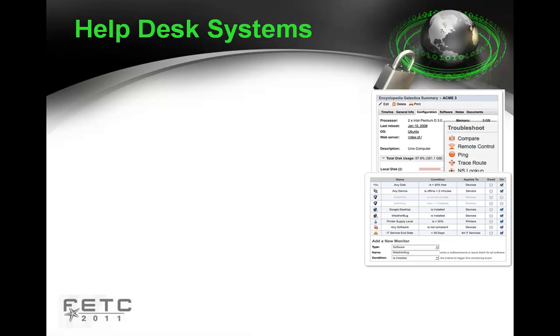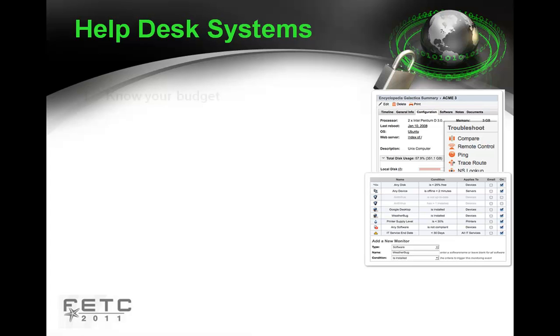Okay, on the help desk systems, what I've got here on the right side is a couple links just to give you an idea of what SpiceWorks can do. Like I told you before, SpiceWorks is free. It's a great help desk software. I use it. A lot of my friends use it. Very, very powerful. It can give you alerts automatically through email. For example, if the toner's low on the color copier or the color printer, you can get it. You can have it auto-generate help desk tickets,